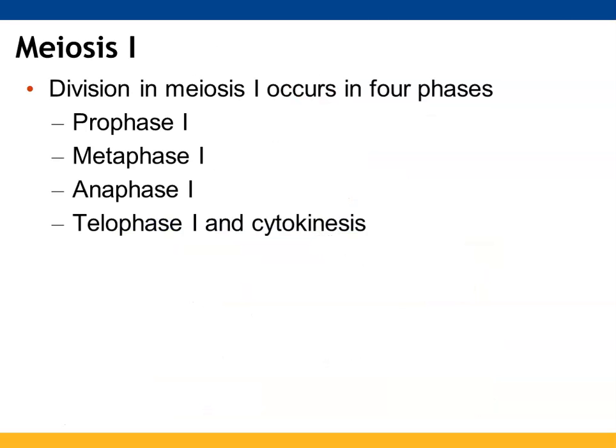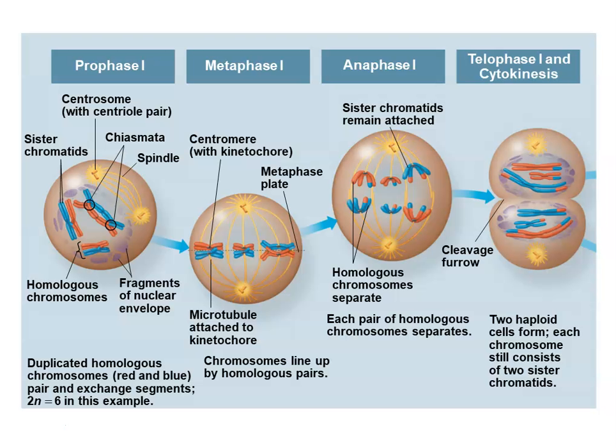So both meiosis 1 and meiosis 2 are going to involve the phases we saw with mitosis: prophase, metaphase, anaphase, and telophase, as well as cytokinesis. So here you can see with prophase 1, your homologs are paired together. We're going to talk about the chiasmata that can form. You still have the spindle taking place, you still have the nuclear envelope fragmenting, but your homologous chromosomes pair up